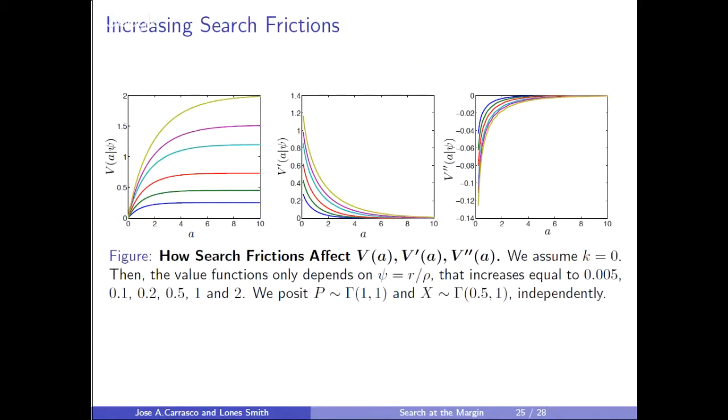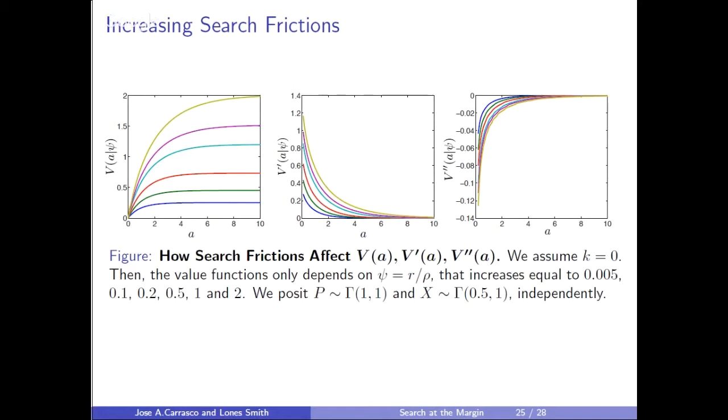Simulations. The left panel is the value function. The middle panel is the marginal value function. And the right panel is the second derivative. Okay? So you see that as frictions increase, you start in the yellow function, and